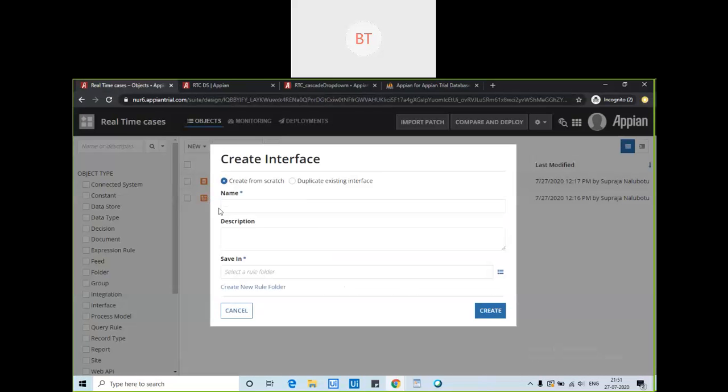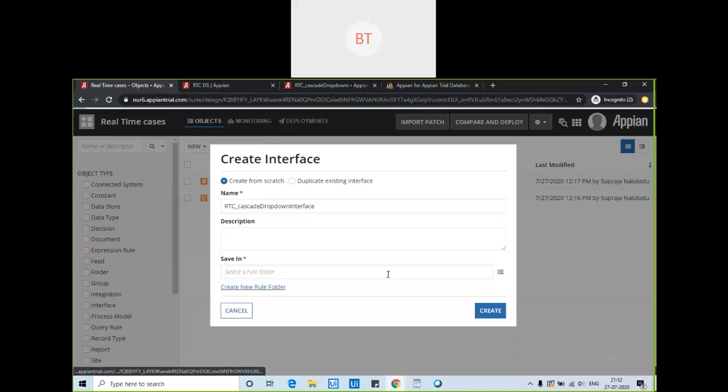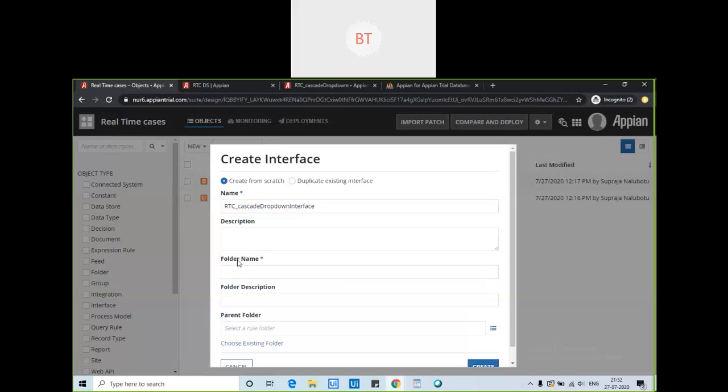RTC cascade, cascade drop down, interface. I don't think we have a folder, so let me create an RTC interface. Leave it for now.